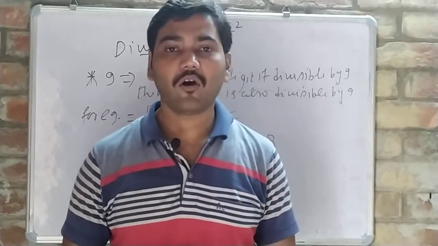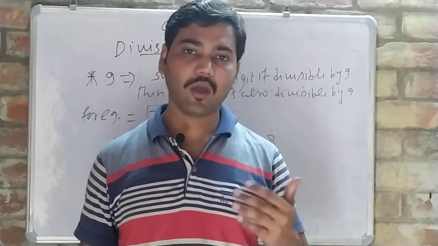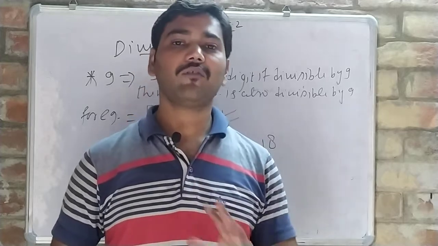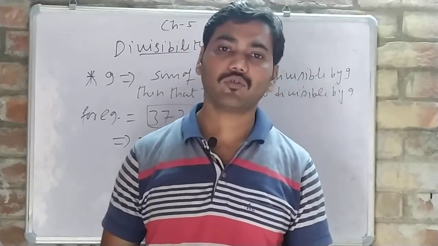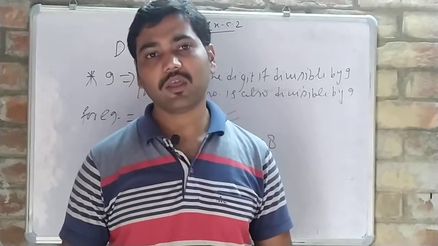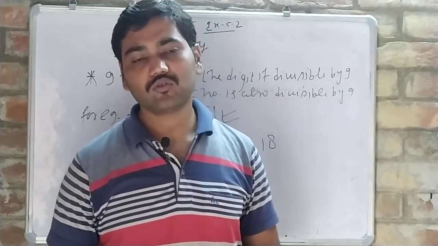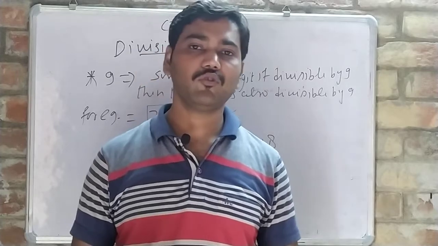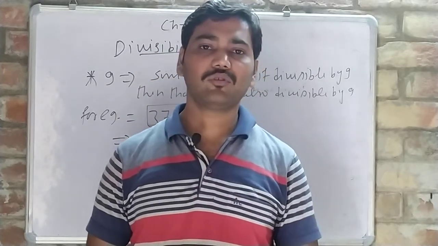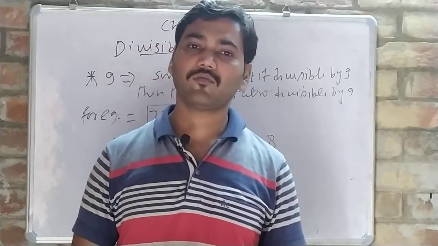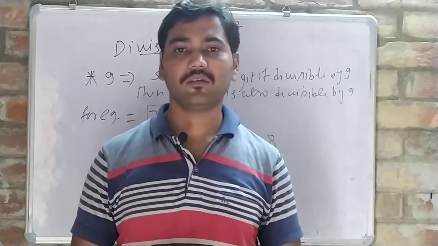So all these are the divisibility rules which we have to use in exercise 5.2. I have explained each and every divisibility. Now you have to solve exercise 5.2. And exercise 5.3 is trick based, so try to solve that exercise also. If any problem, you can ask me also. It is mostly trick based. If you see a few examples of exercise 5.3, you will understand it more easily.